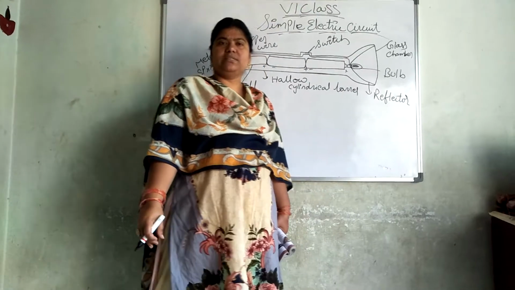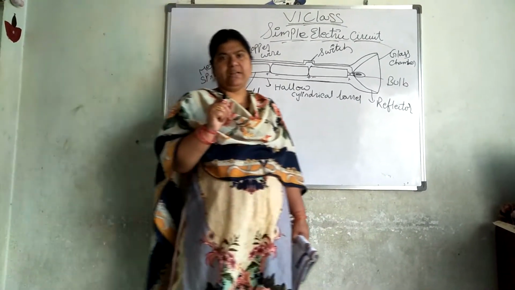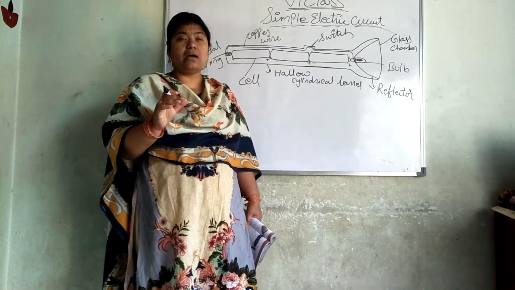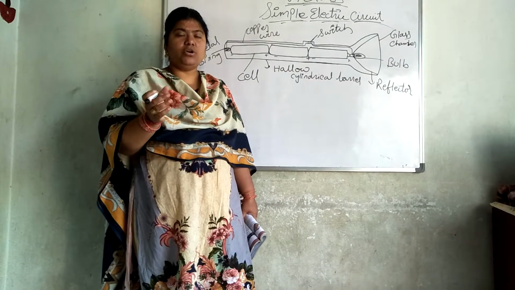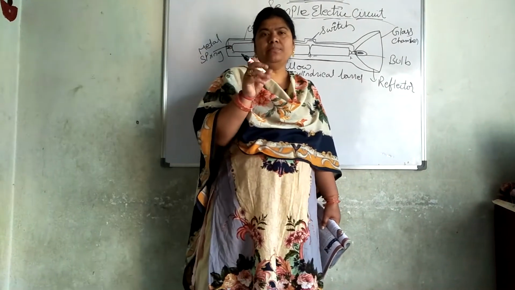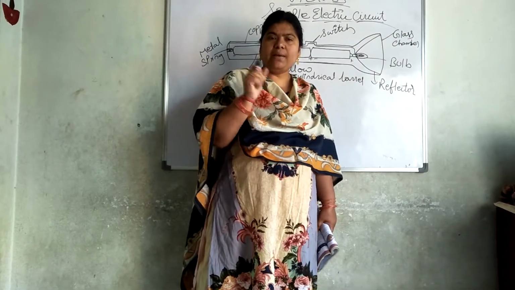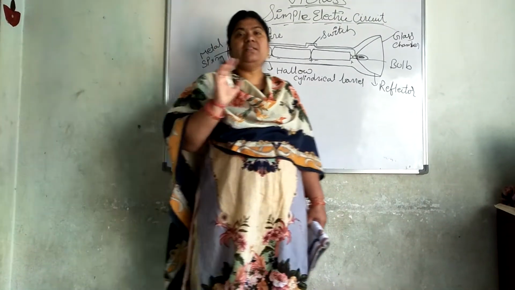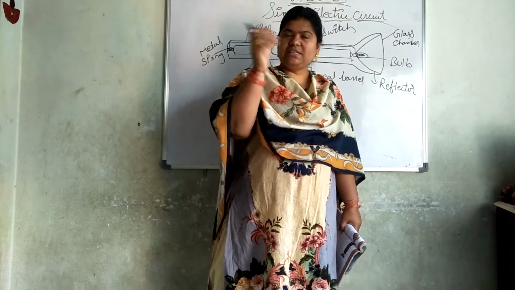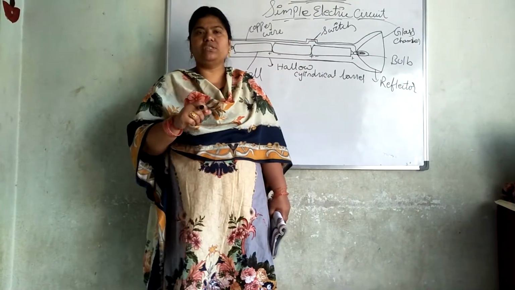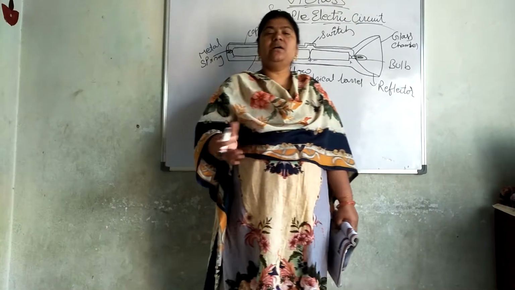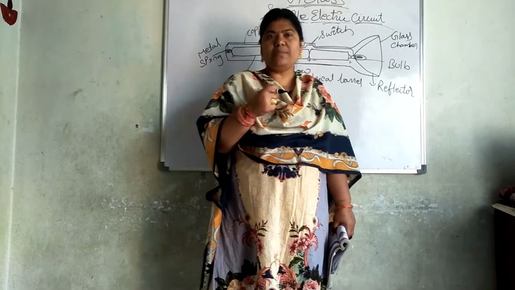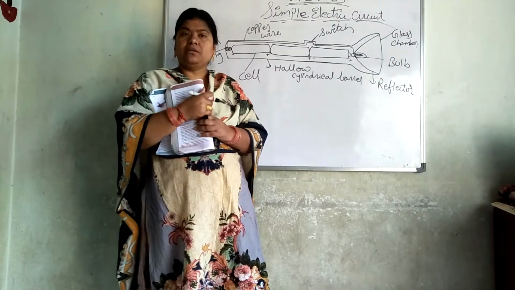What we have to do is remove the metal cap, insert the cells into the torchlight in the proper positive and negative manner, then insert and close the metal cap. When we open the metal cap, what is happening? The circuit is an open circuit, meaning the circuit is not completed. After inserting the cells and when we close the metal cap, the circuit is a closed circuit, meaning it is a complete circuit. Now turn on the switch. At that moment you can see the bulb will glow.